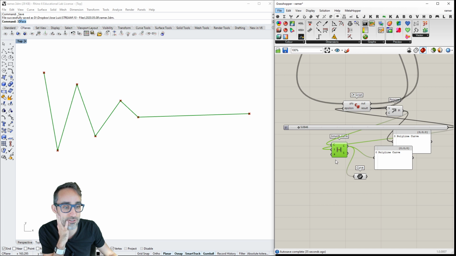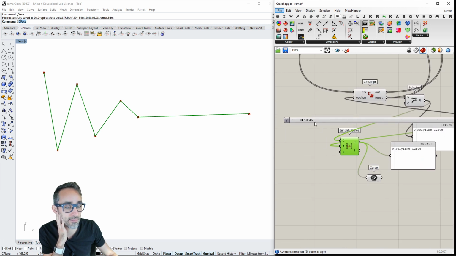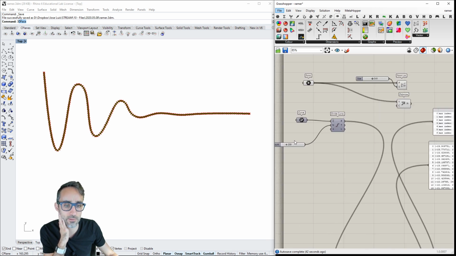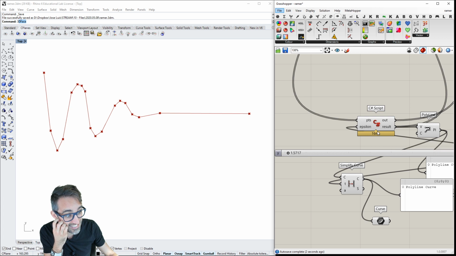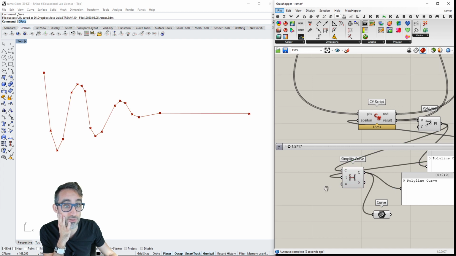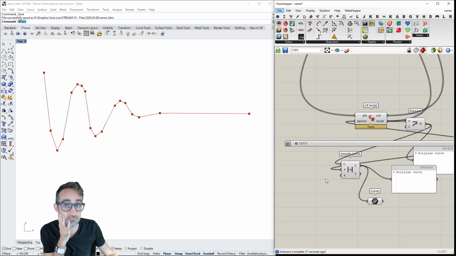I'll do some research. But you can see how, as I do this, let's say I were to subdivide this into, for example, 1,000 points. Okay, that's going to take some more time. So you see, my component is taking 16 milliseconds to compute that simplification, whereas this one is so low that it's not even showing how many milliseconds it takes.